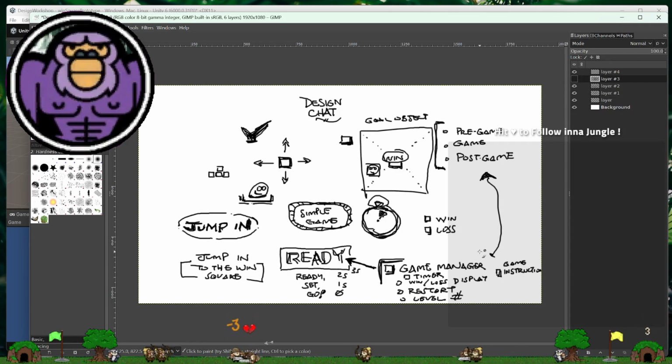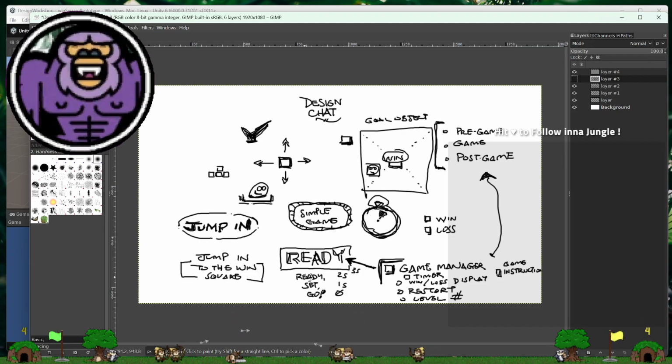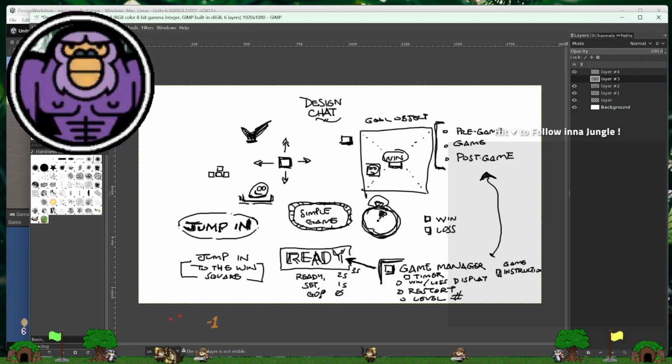I think we should. So let's change it from 2 seconds to 3 seconds. Let's have this game manager deal with this text and say nothing, and then ready, and then set, and show go for 1 second, and then make it disappear, I guess. Right? Seems appropriate.